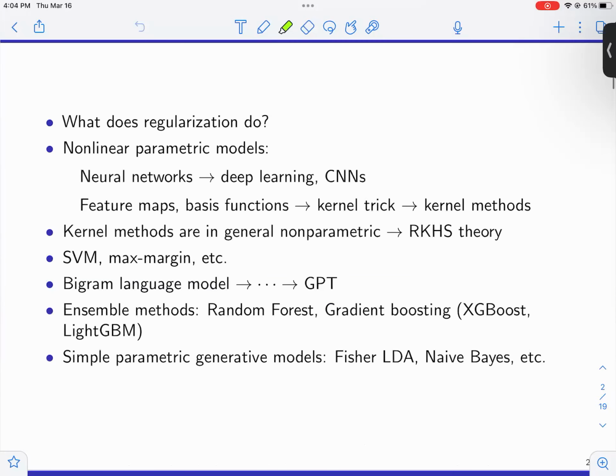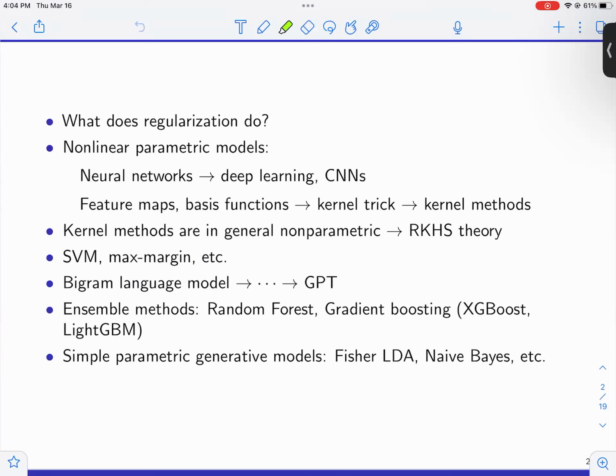So this was our roadmap, the things that we covered. Hopefully you have a nice understanding of what regularization does. We have seen different kinds of regularization. One is via the bandwidth, a single parameter in the local averaging estimator, the number of nearest neighbors, and also regularization via adding a penalty, ridge or lasso. We haven't seen lasso really, but you seem to know. There are other ways of doing it, which we haven't covered, like